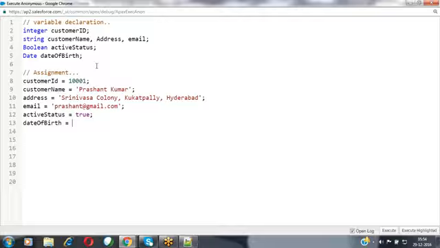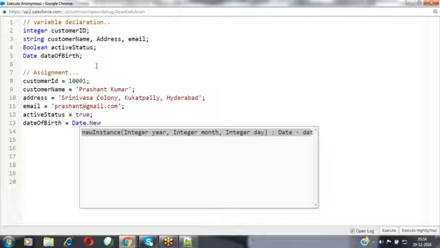Date of birth. So now how can we specify the date of birth over here? In order to specify the date of birth, we have to specify Date.newInstance. Date is a ready-made class given by Salesforce. The data types we have discussed are not system-defined words or tokens, these are classes. These are ready-made classes given by Salesforce because each and every functionality is available in terms of object-oriented programming. So now Date is a ready-made class given by Salesforce to you.